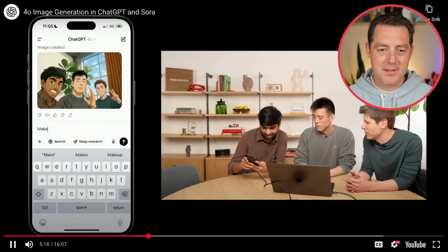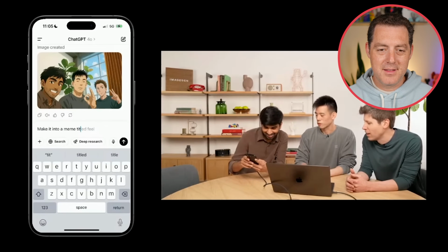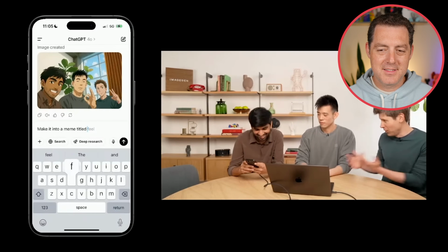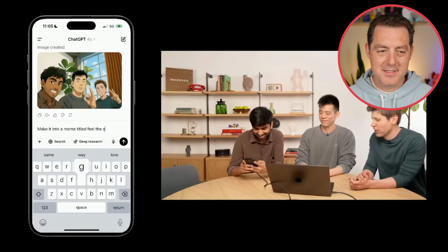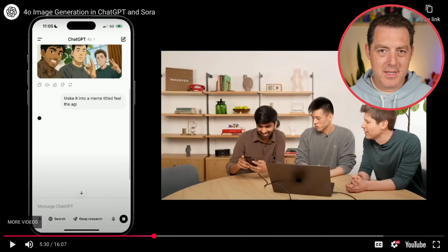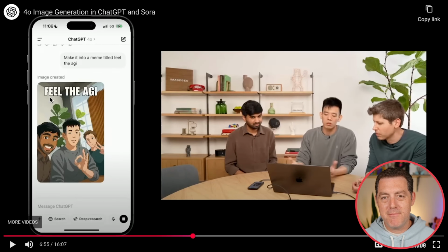Can we make a meme out of it? One of the common memes inside of OpenAI is feel the AGI. I have no idea what AI will think about that, but let's try it. I do feel the AGI. All right, I'm going to fast forward a bit. Let's look at the outcome. And there it is. Feel the AGI with very meme font text right there. Okay, good. All right, now they're going to bring in the next team to talk about some other cool things.